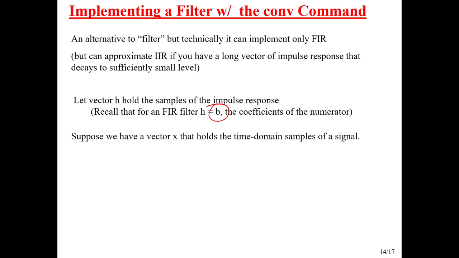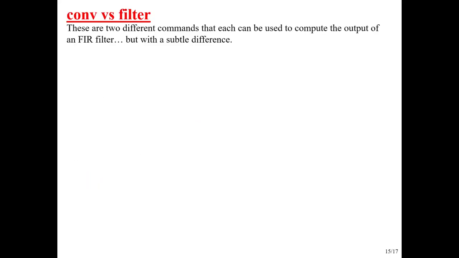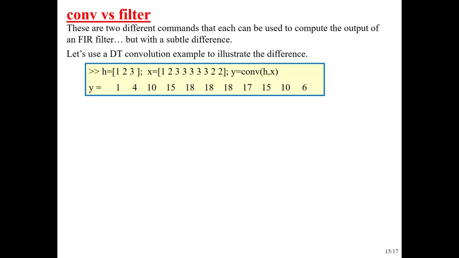So we're going to put time domain samples in the vector X, lowercase, right? Time domain samples, everything consistent here. And then we take our H vector and our X vector and we convolve them and we get an output. That's the Y vector. Okay, so I do want to point out a subtle difference between using the filter command and using the convolution command